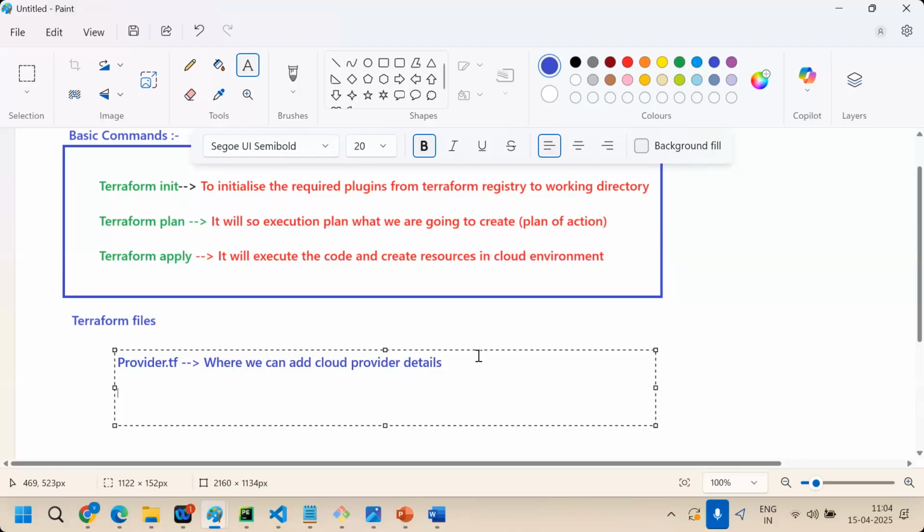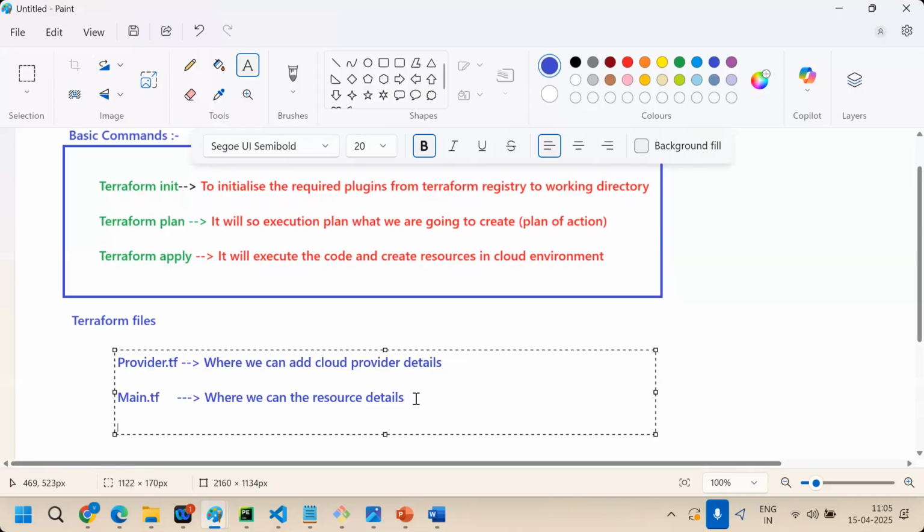Next, main.tf. This is where we add the resource details, meaning the main code, which resources you are going to create. Next, variables.tf.